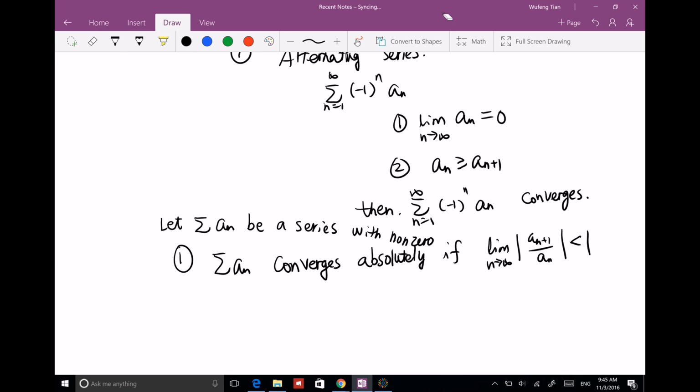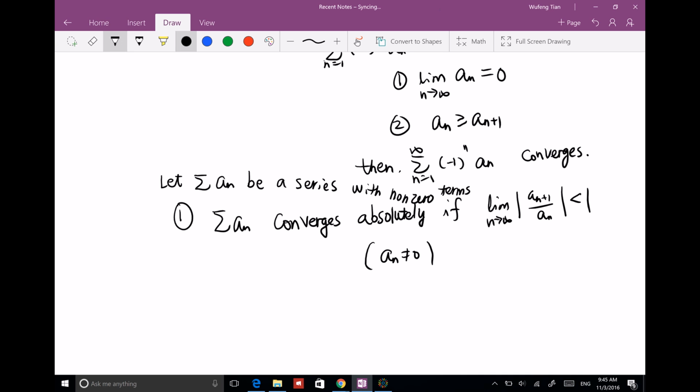So a_n can never be 0. That means a_n cannot be 0, because a_n is the denominator. You can't let a_n be 0. The second one,